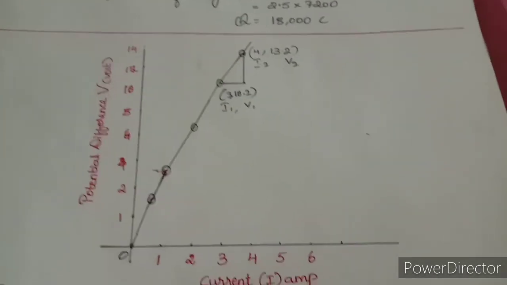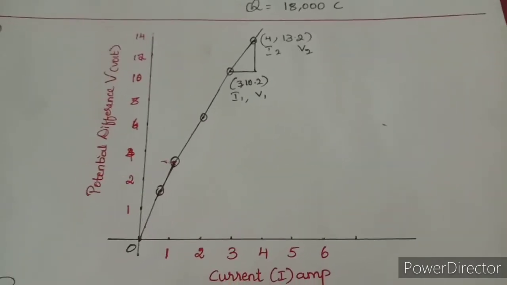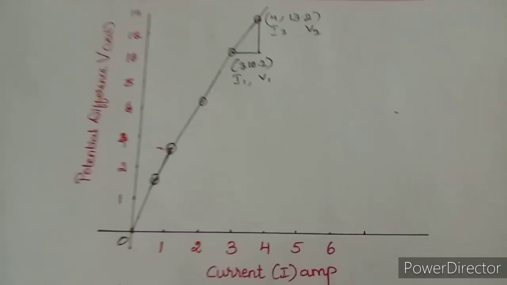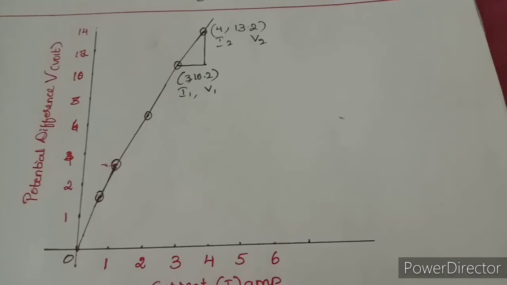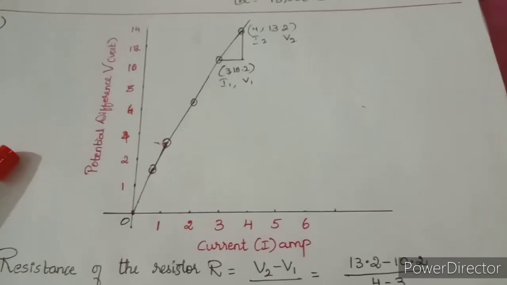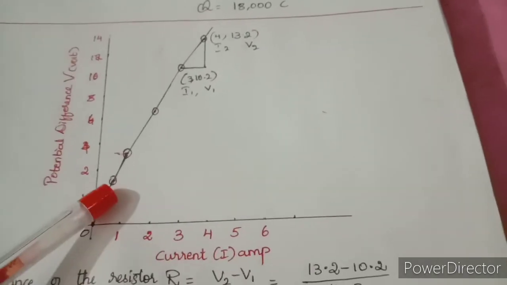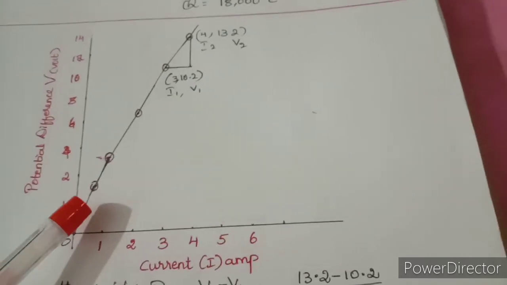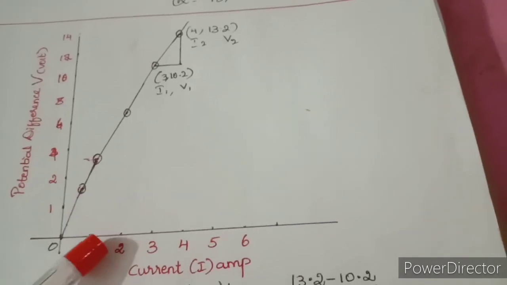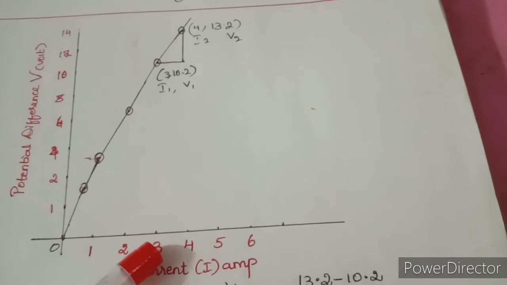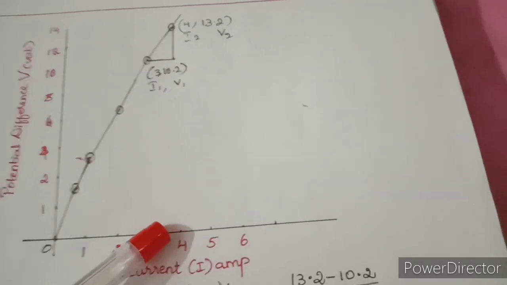So now the third question is a graphical problem. In a rough graph, you can draw this graph. This is a sample problem that I have done here. It is an easy problem. The values are given here. I have taken the values of current on the x-axis and the values for potential difference V on the y-axis, and the graphical points are given in your textbook. I have plotted the points here. Here 0.5 has the value 1.6, for 1 you have 3.4, for 2 you have 6.7, for 3 you have 10.2, and for 4 you have 13.2.